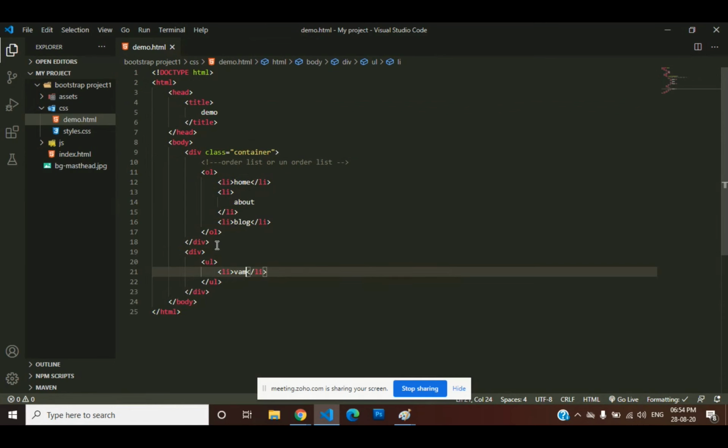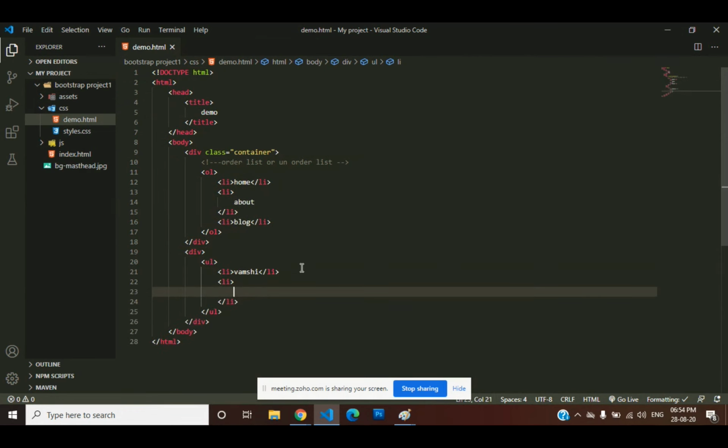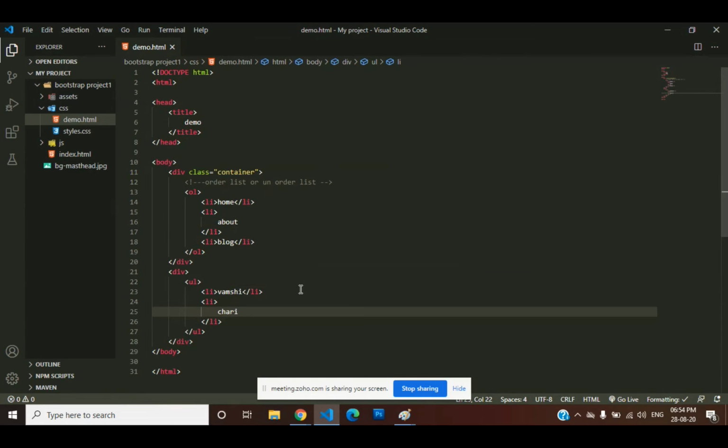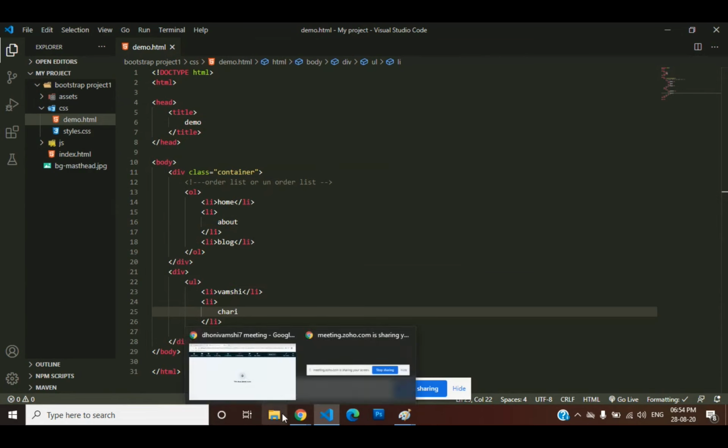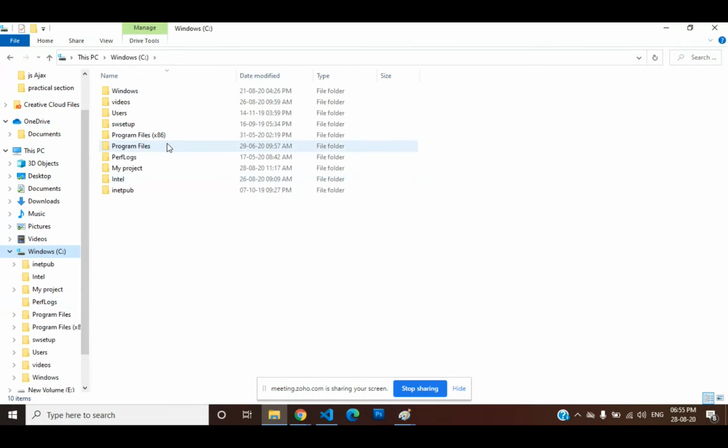For example, I am inserting my name as the first item, Vamshi. Then for the second one, I will take another example. Two items are enough for this list. Now I am going to save. Again, I am going to my page. What will appear here?